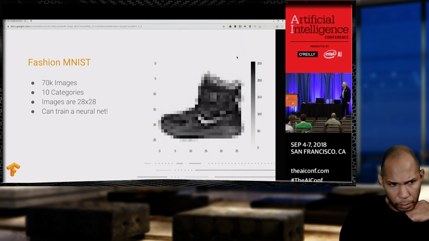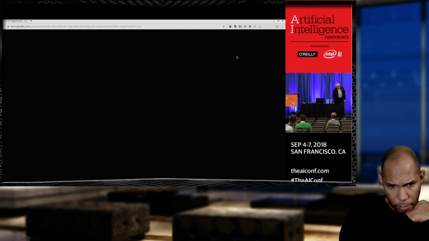And if I take a look, here's an example of one item of clothing in 28 by 28 pixels. And you automatically recognize that, right? It's a boot or shoe or something along those lines. And so this is the kind of resolution of data that all you need to be able to build an accurate classifier. So let's look at the code for that.